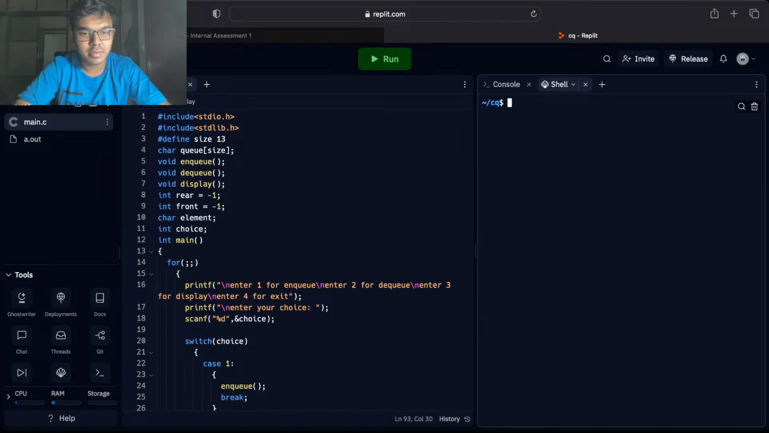Hi guys, this is Ajay S. Prakash from Section A. So I'm here to explain circular queue. So circular queue is basically like